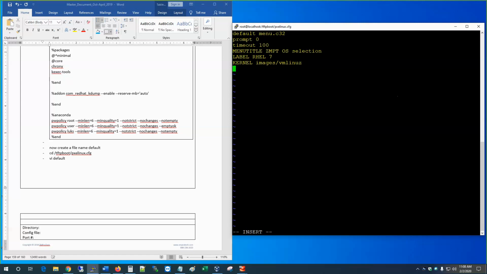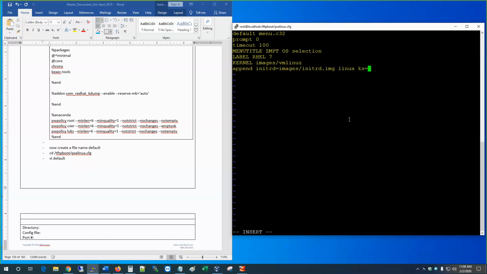Okay, and then the last line is append initrd=images/initrd.img, inst.ks=